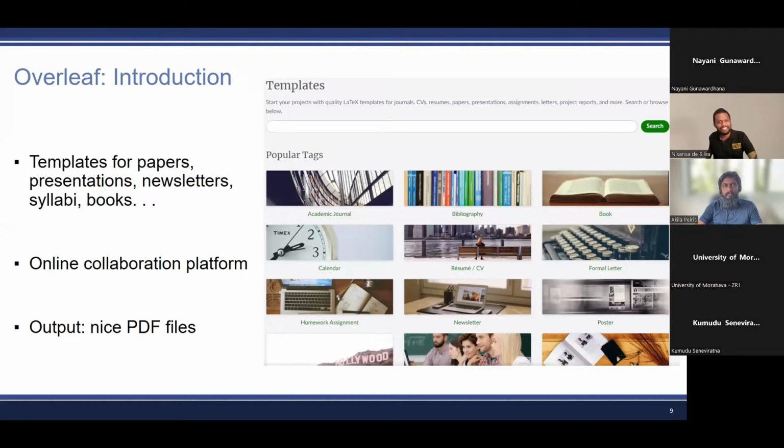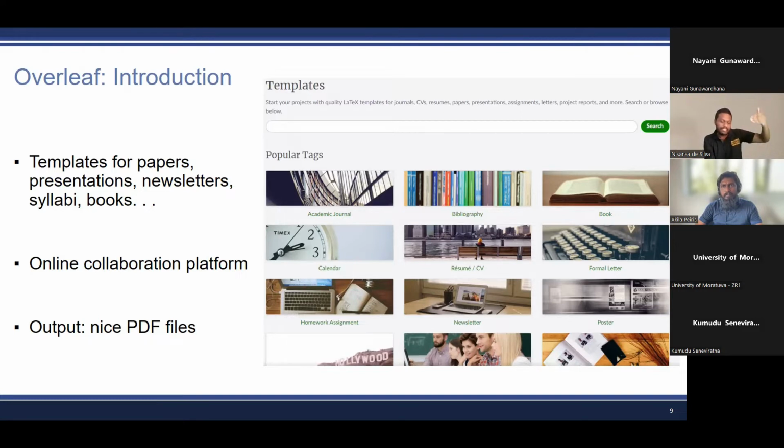And the next part is that it outputs nice PDF files. Now, on this, sometimes you might say, okay, any system can output nice PDF files, but the PDF files that you generate from other systems often only look good on the surface.